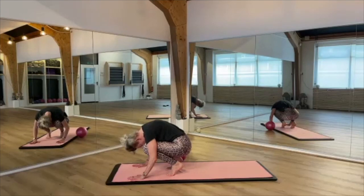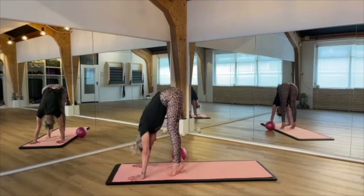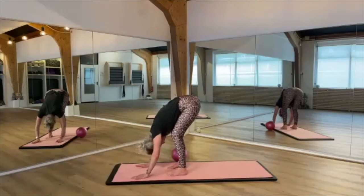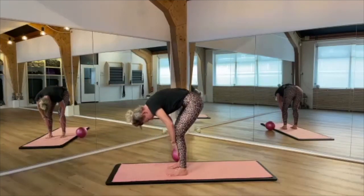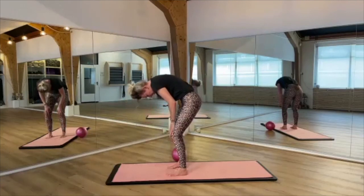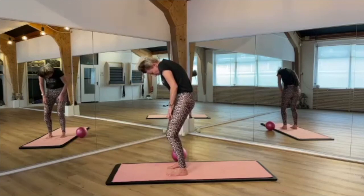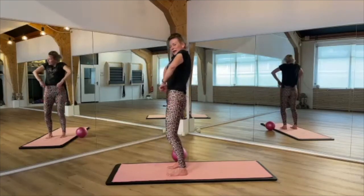Then push with your hands, open your eyes, and push your hips all the way up towards the ceiling. Stand on your toes. Now lower your heels to the floor. Bend your knees, keep your knees bent, and then pull your hands along the shins towards your knees. Over your thighs, knees are still bent. Roll your spine up, bone by bone. You bring them on top of each other, and then you roll your shoulders back, and now you stretch your